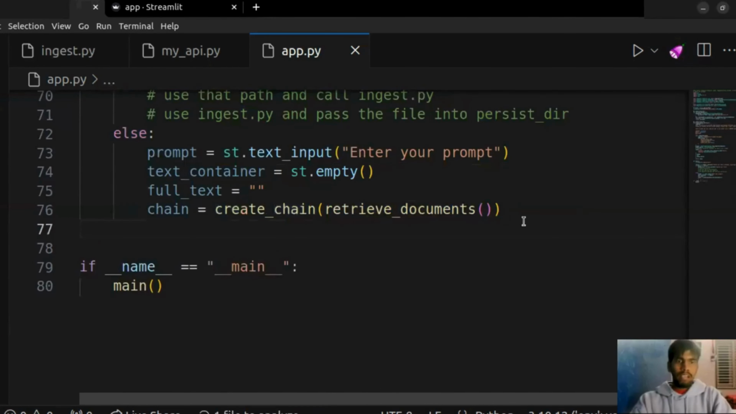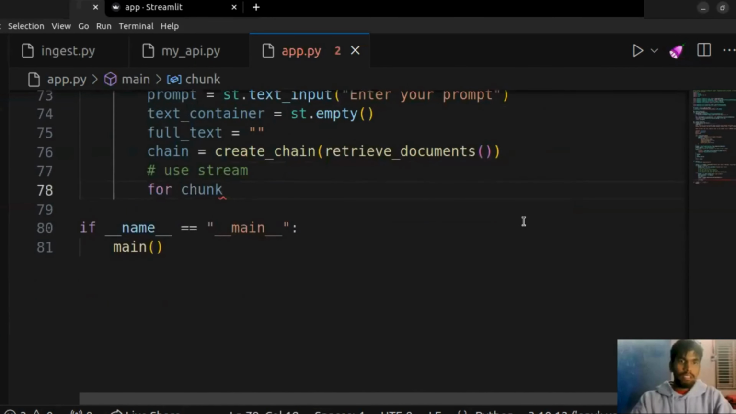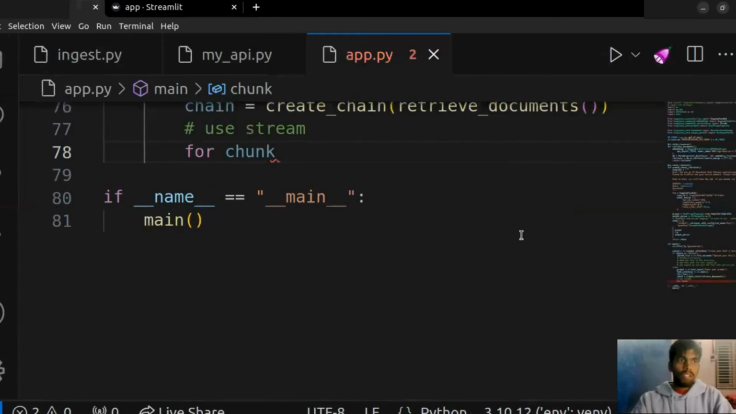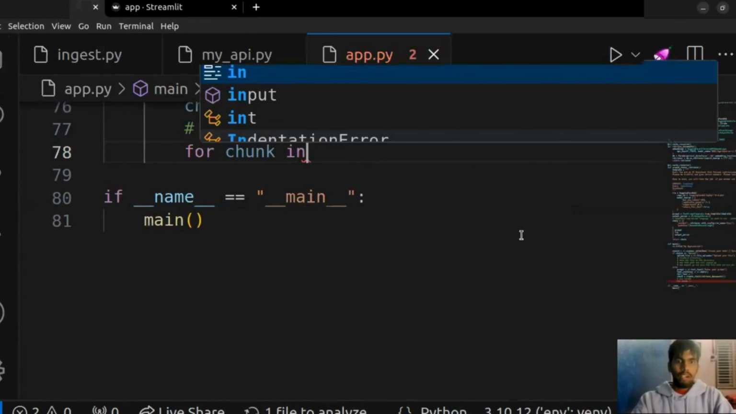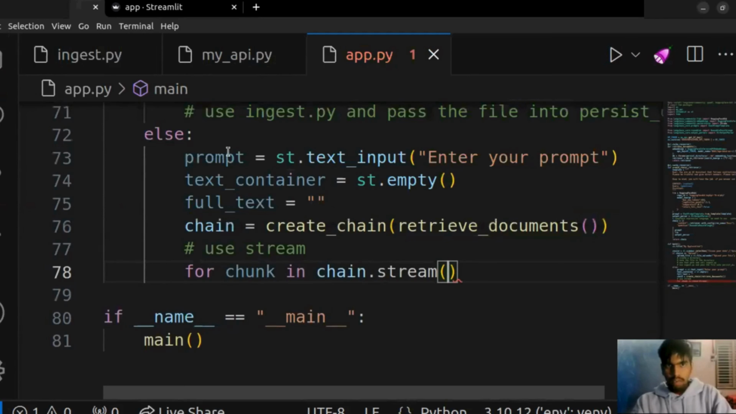And once you have the chain, you need to use stream. And how do you use this? For chunk, let me zoom this. For chunk in chain.stream, whatever prompt the user enters. If you see here, we are waiting for the user to enter a prompt. We just have to write prompt,